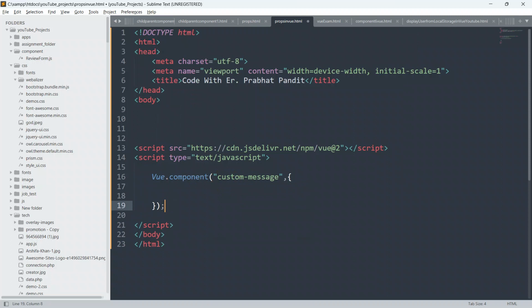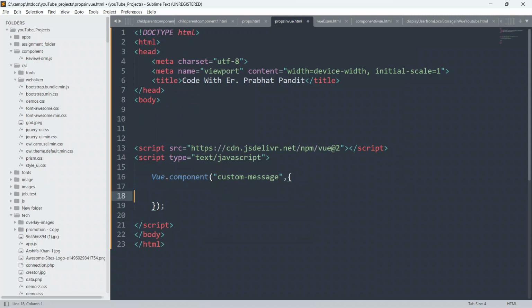You can define here a function, a template, an array, an object, an array of objects. You can define custom functions, custom methods, properties, computed methods, created methods, anything guys: HTML code, HTML tags, HTML templates. Inside the component you are free to define anything, which can be HTML code or Vue.js code.